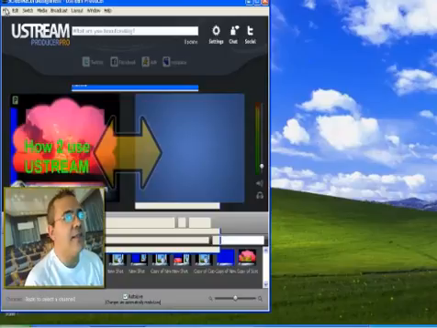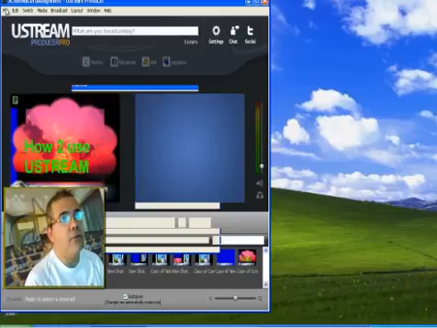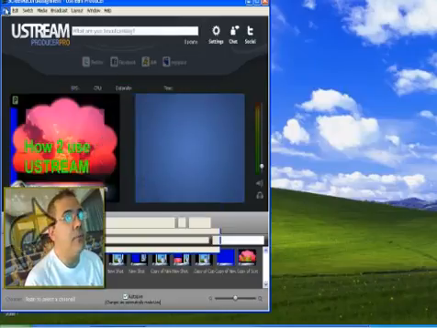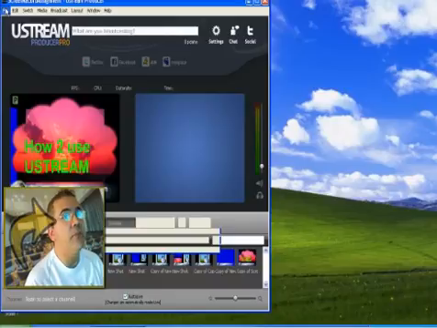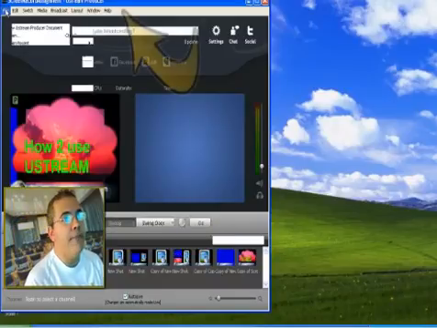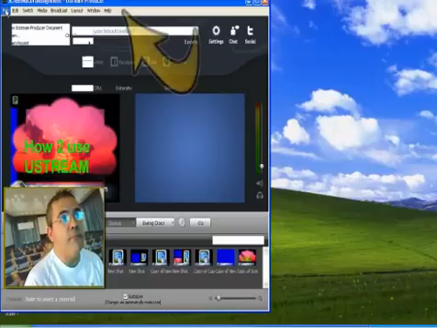Notice on the left-hand side where you just see the how to use Ustream. That's the preview window, and on the right-hand side we're looking at the live window. The arrow that's pointing right now to my forehead is actually pointing to the buttons that are behind there, which are the go-to transitions, and so